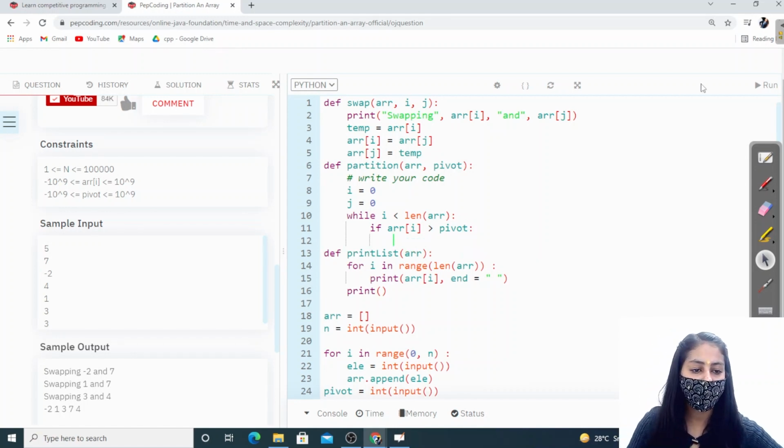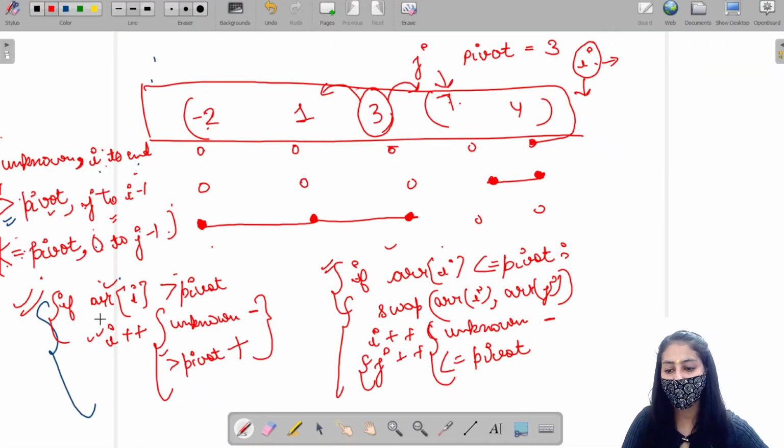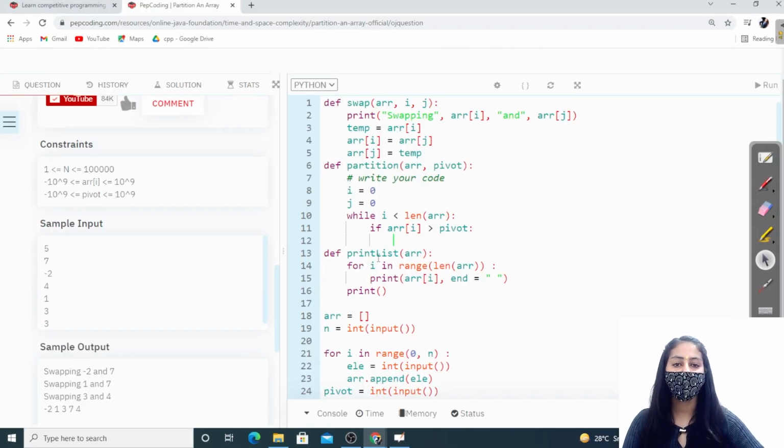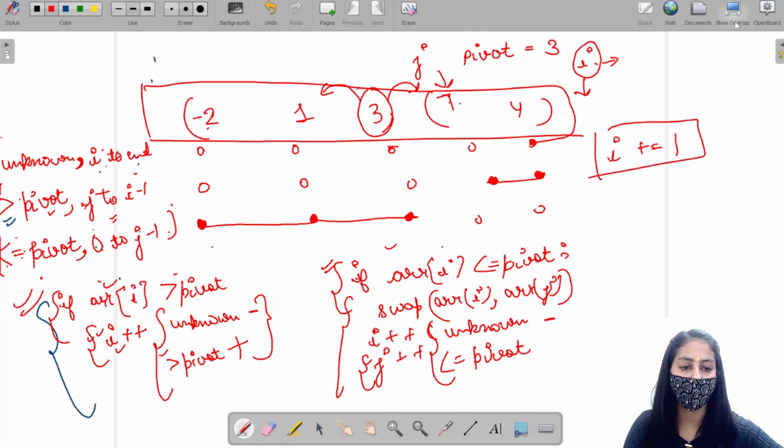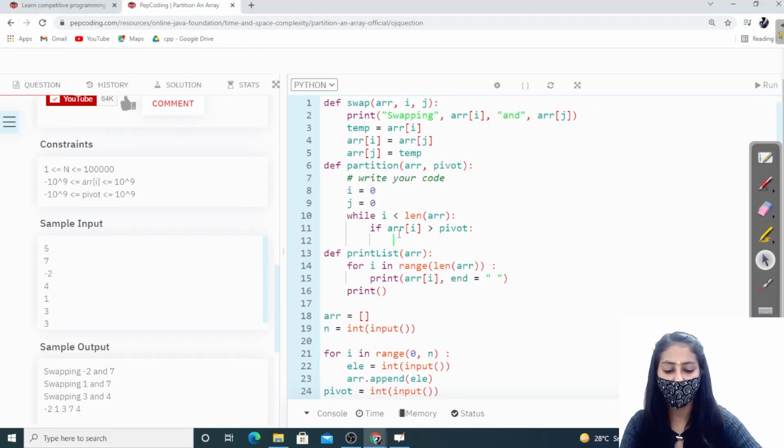When array of I is greater than pivot, we are simply incrementing the I variable, right? Now we know how we can increment the variable in Python, by using the augmented assignment statement, right? So let's increment the I pointer. This will increment the I pointer by 1, right?